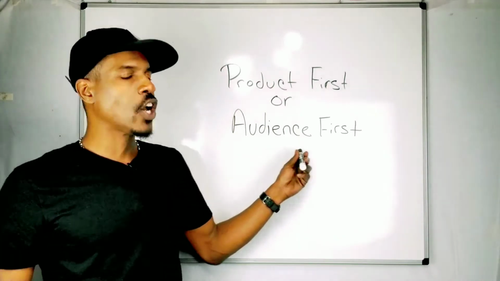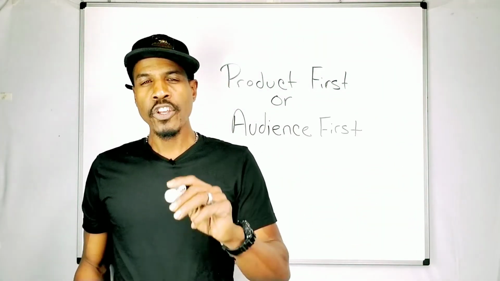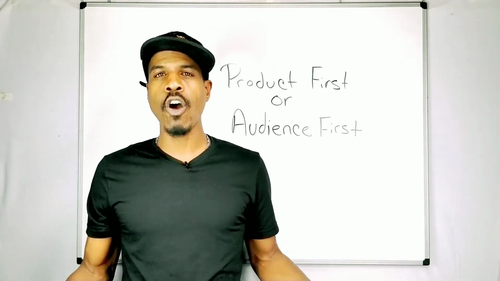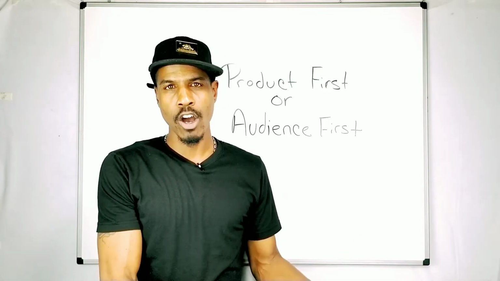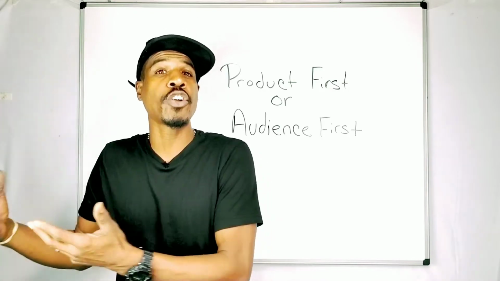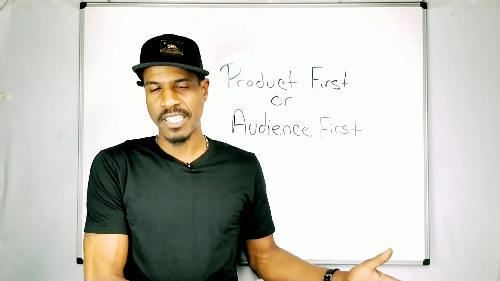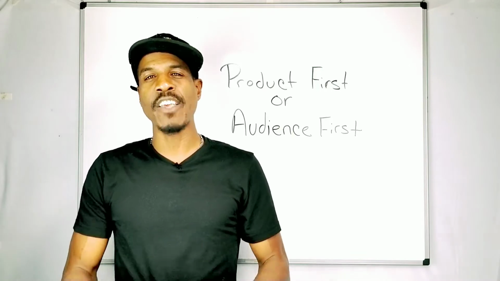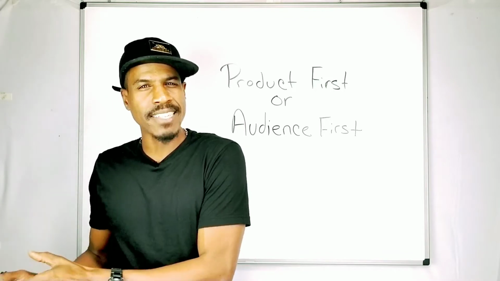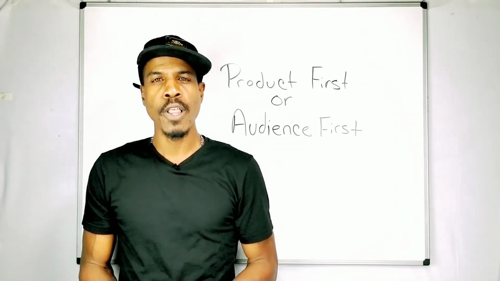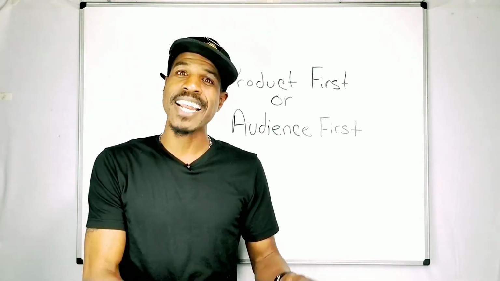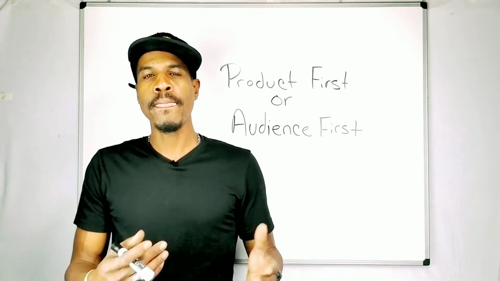Whereas if you start with the audience first model, you're not going to start with as much resistance because you're not starting off selling anything. You're only starting off gathering information from a hungry audience. And then you're going to go back and either find what that hungry audience wants, or you're going to create it yourself, and then you're going to go and sell it to that hungry audience. And that should make sense that if you take the audience first approach, you're not going to make money as fast as you would if you started with the product first, but you are going to face less resistance because you're selling to a hungry audience that is hungry for something that they've told you they already want.